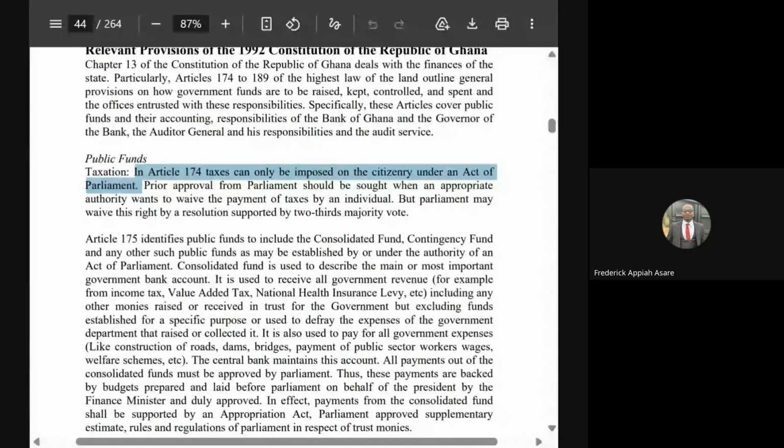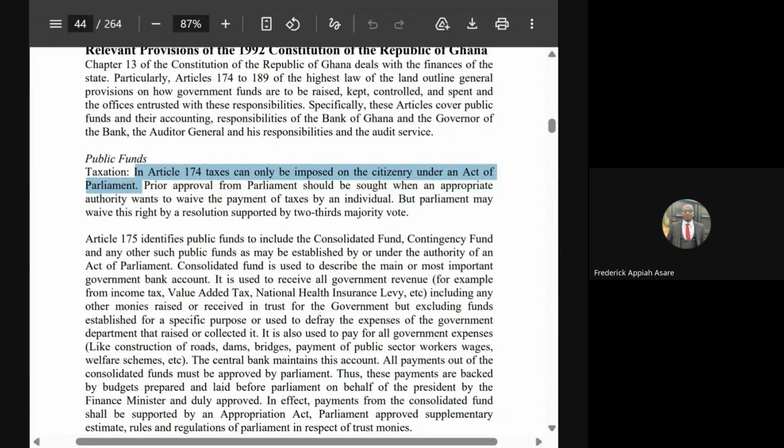So when it comes to taxes, the Minister of Finance is supposed to design any tax that he thinks will be helpful in the country's finances. So he will design it in the form of a budget. He goes to the Parliament House, he reads the budget to the Parliament. If they approve it, then it becomes part of us.